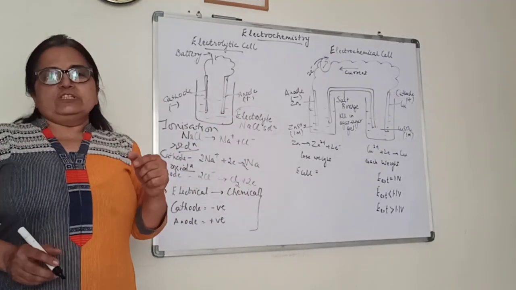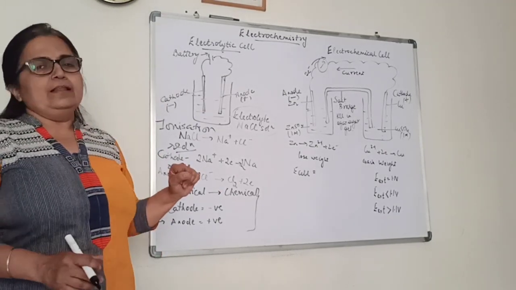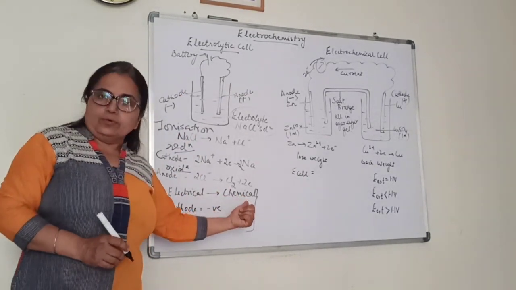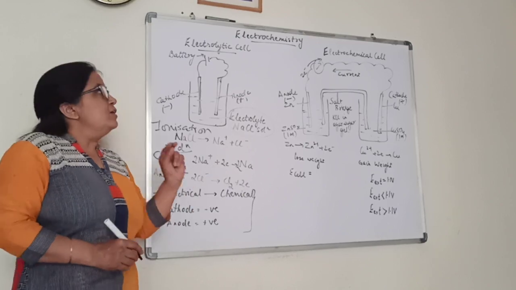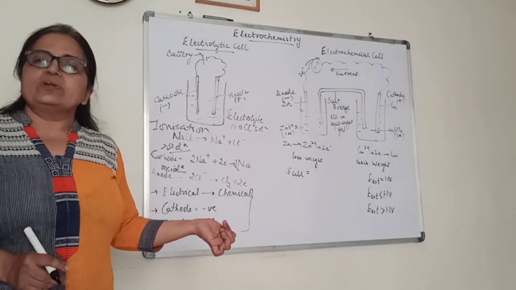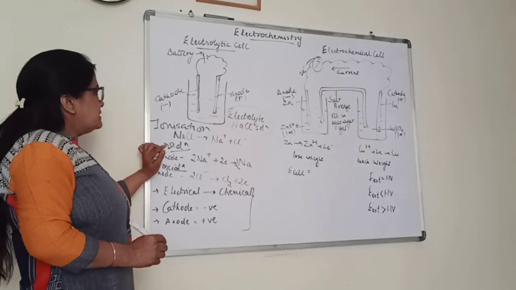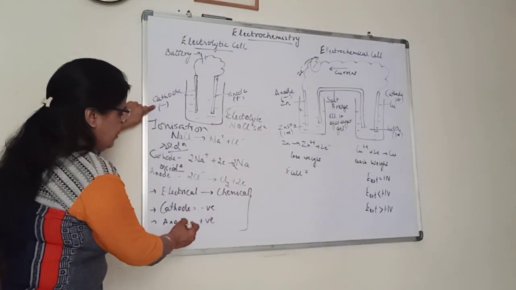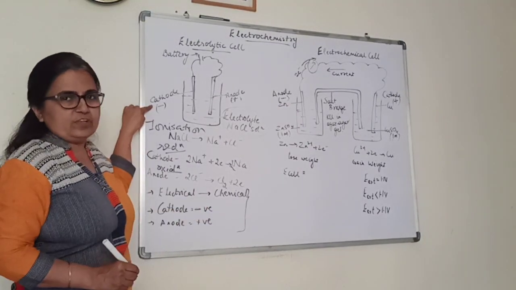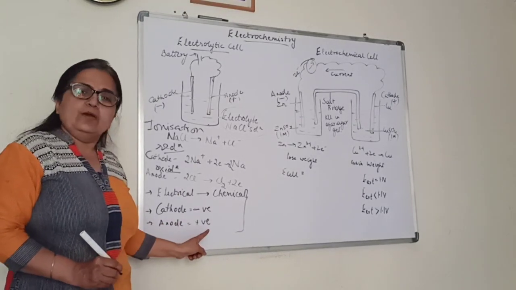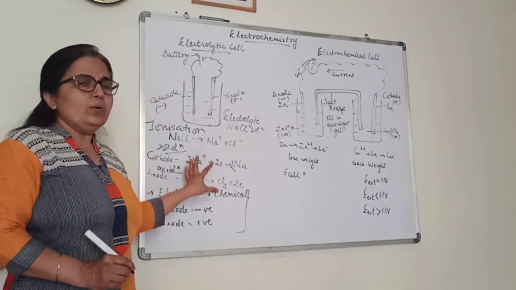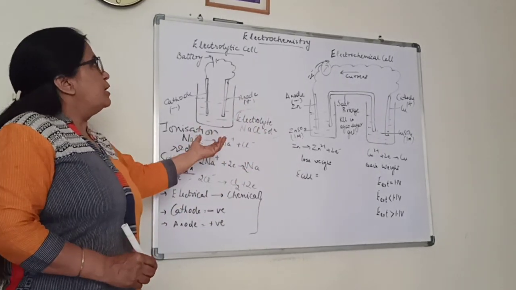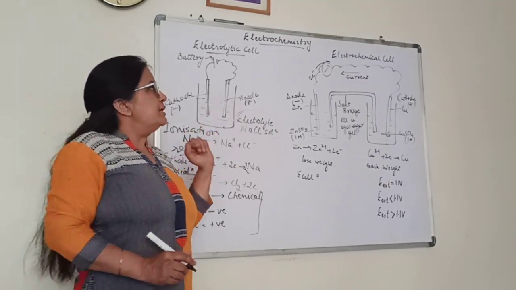So the two main points we have to see here in the electrolytic cell are, number one, in these cells electrical energy is converted to chemical energy. Second, we have to see the signs which we use for cathode and anode. Since cations are going to cathode, cathode in an electrolytic cell is negative. This is represented with a negative sign. Anode is represented with the positive sign. Okay, this is all about the electrolytic cell. Electrolyte can be different, that can be changed every time we carry out this reaction.